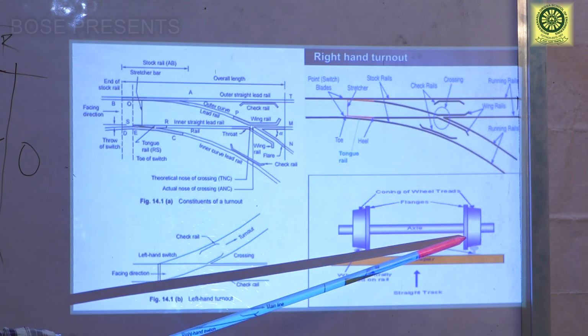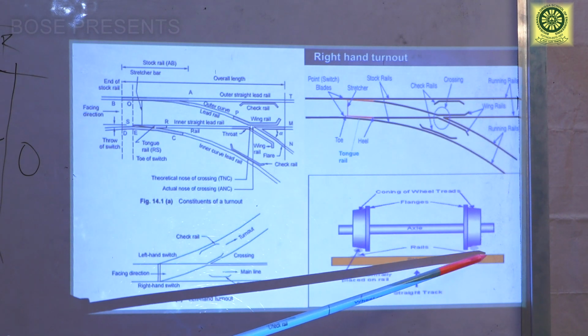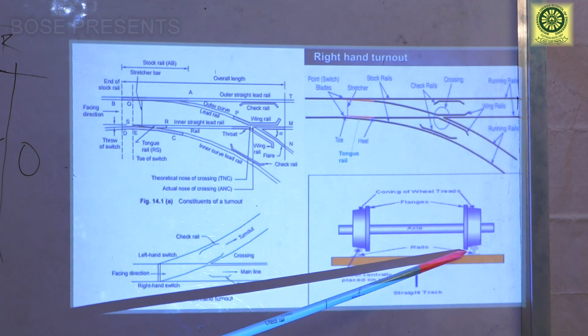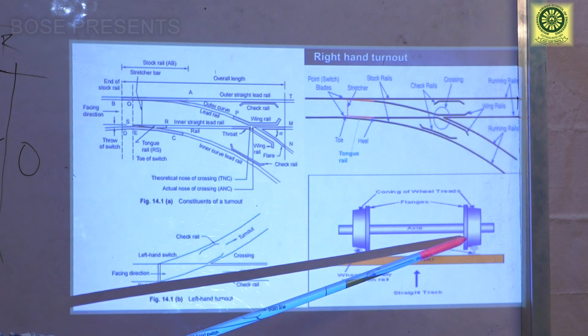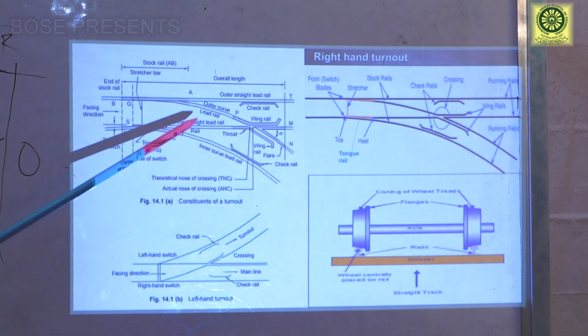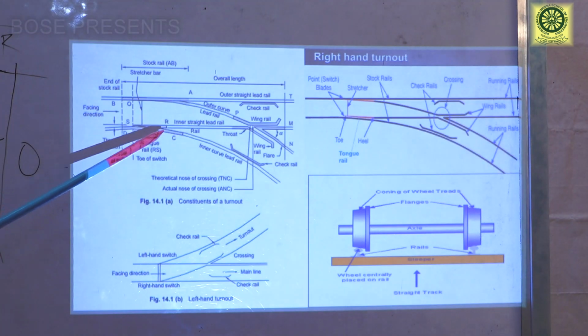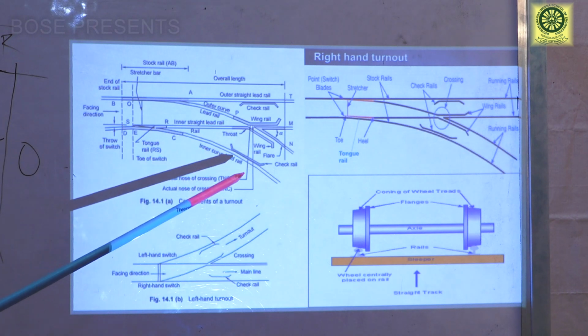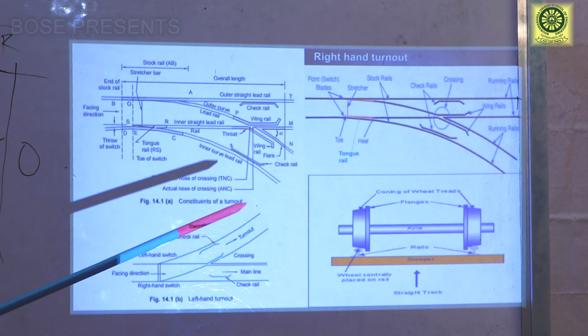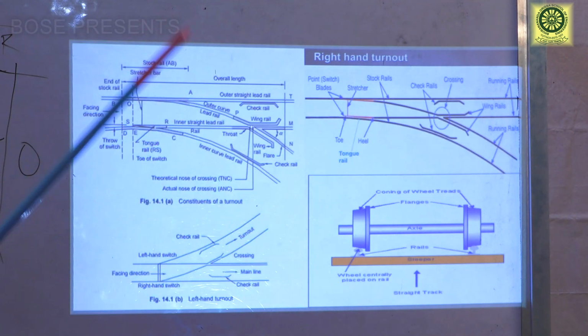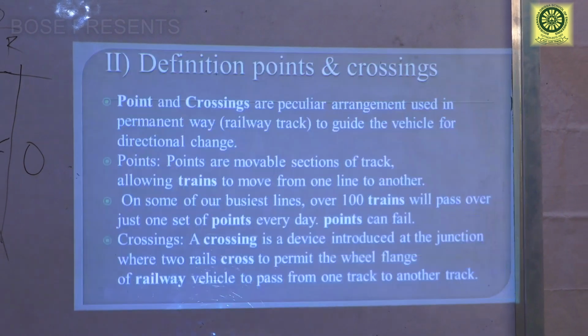Look at this. This is the flange of the wheel. In the rail, the cone portion will move on the rail, but the flange portion moves in the clearance or in the side. So that's why we provide some clearance or heel block here. Got it? I'll show you some video at the last. You can clearly understand how all this will work. Now come to the next slide.